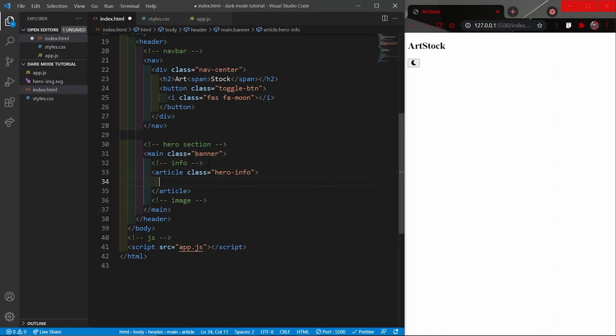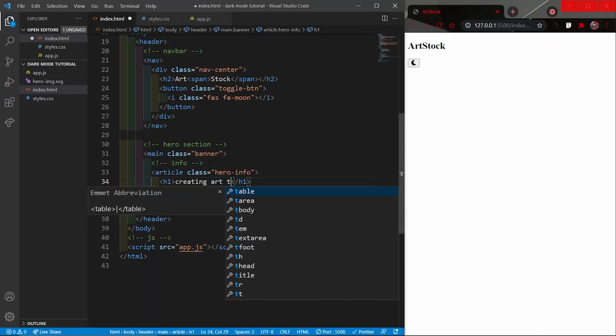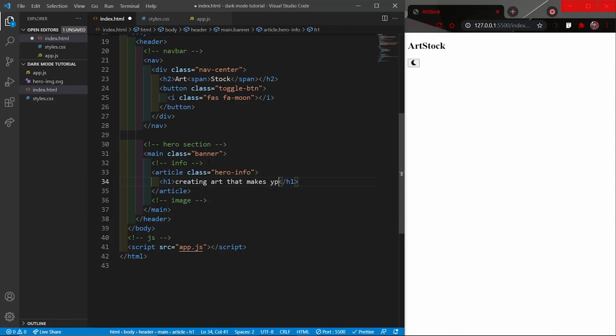Inside it we will have an h1 for the banner and give it a text of "creating art that makes you fall in love." Now again we want this part to have a different color than the rest of it, so I will put it inside a span just like we did here.